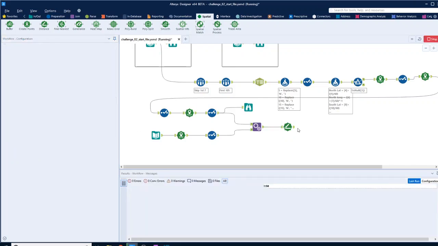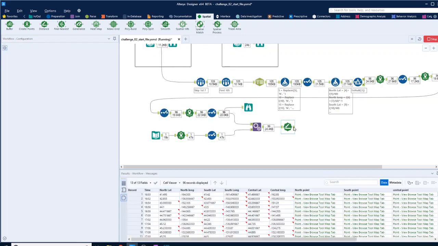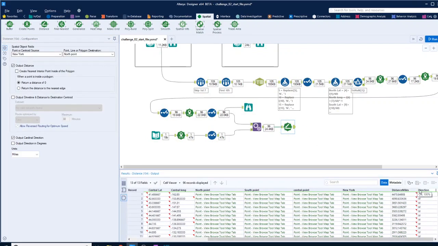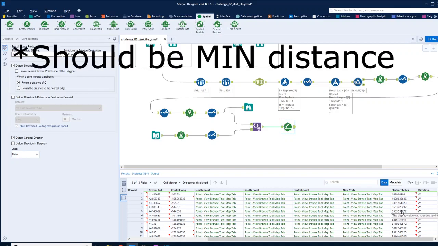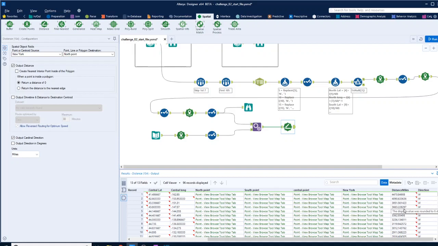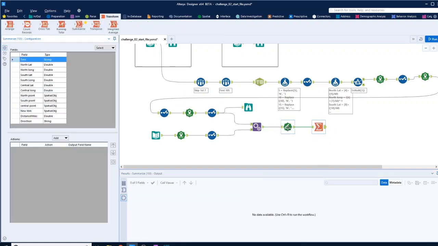Okay, so let's see. The first one we've got is distance direction west, and all of the points. So we just want to take the max distance here, and that'll give us the, if we summarize this, yep, then we can repeat it with the others and see which one's the